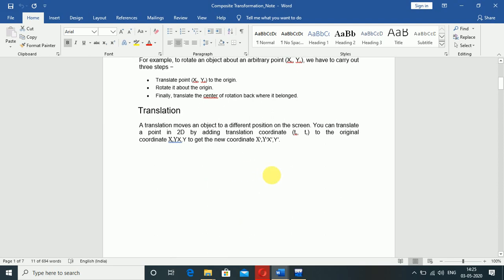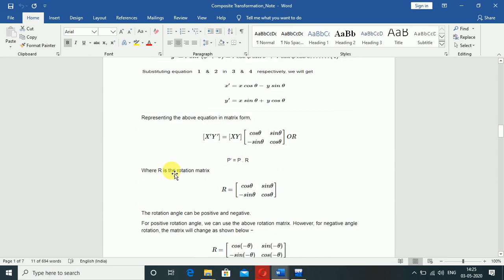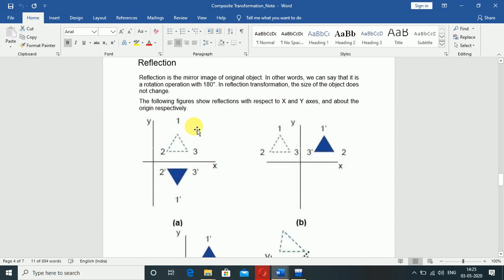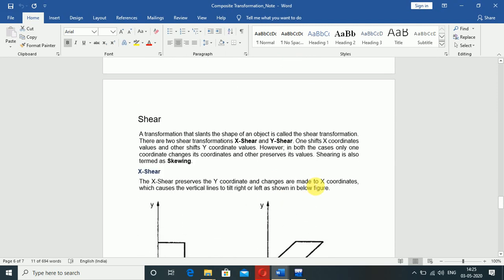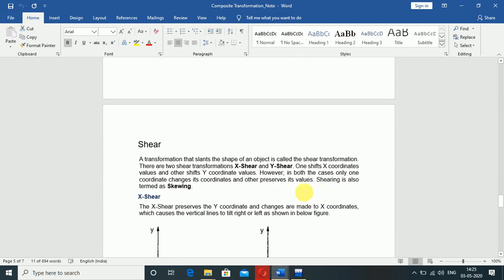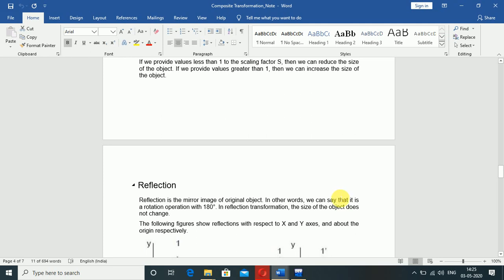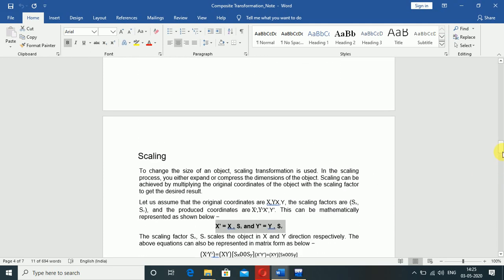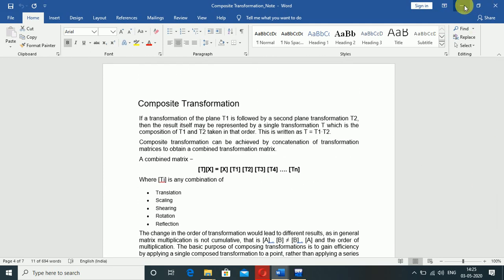I have a request, please read this note before executing the source code. Now let's check the source code.